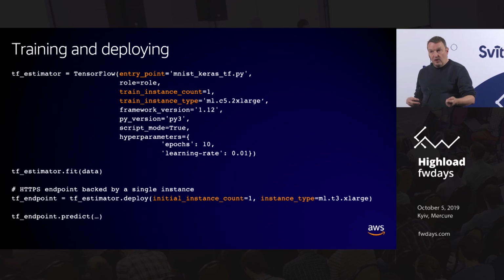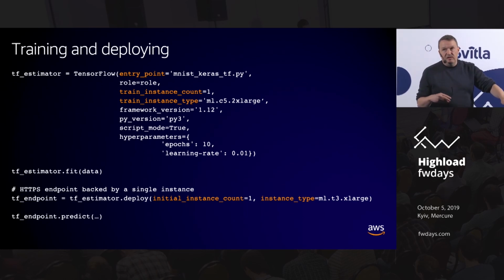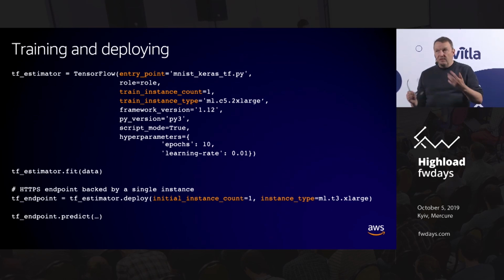So it will fire up that C5 instance, pull the TensorFlow container, train the model, save the model to S3, and then shut down that C5 instance automatically. So it's completely on demand, it's fully managed, you never have to worry about starting, stopping stuff. It's done automatically by the SDK. And then if you want to